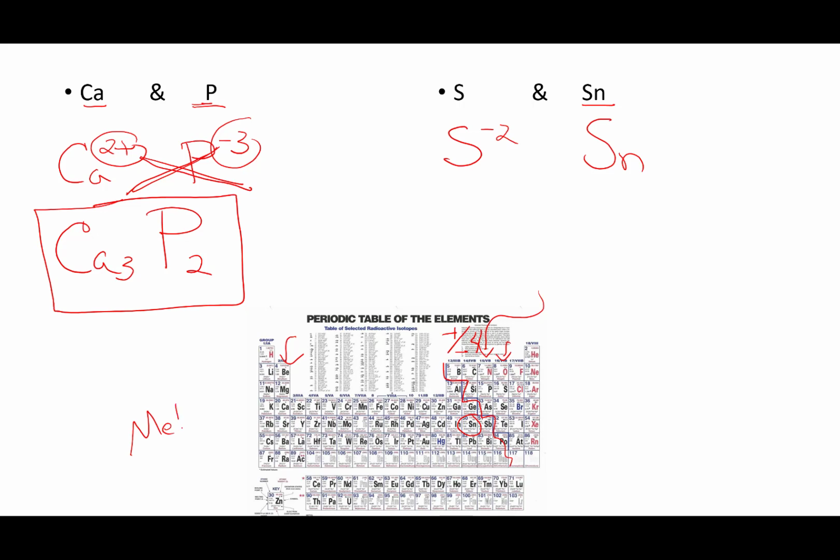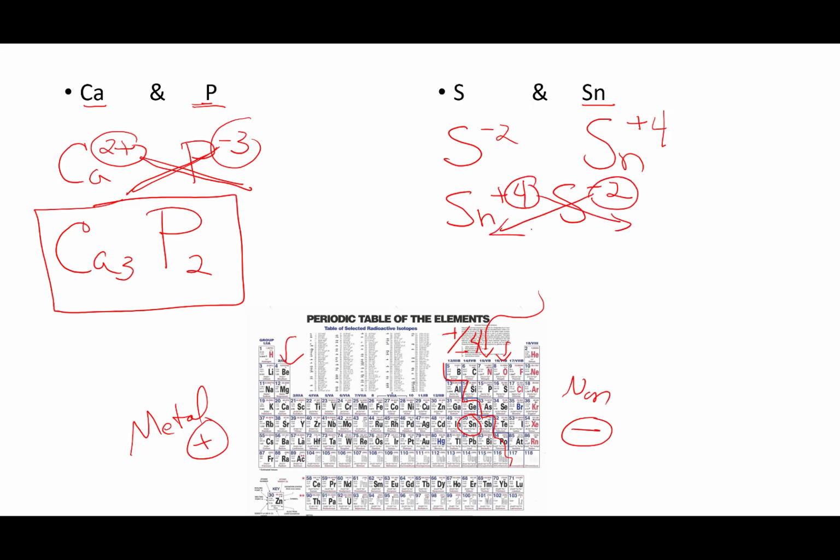Metals tend to produce positive ions. Non-metals make negative ions. Well, tin is a metal, so this is going to be +4. Is the positive metal written first? No, it's not. If not, rearrange it. Sn +4, S -2. Are they the same? No, they're not. Crisscross. This goes here, this goes there. Sn2,